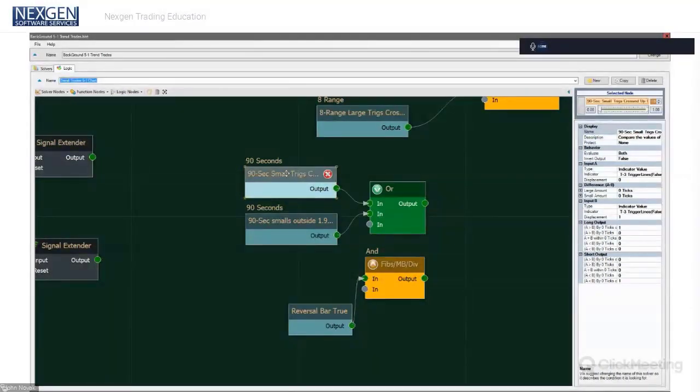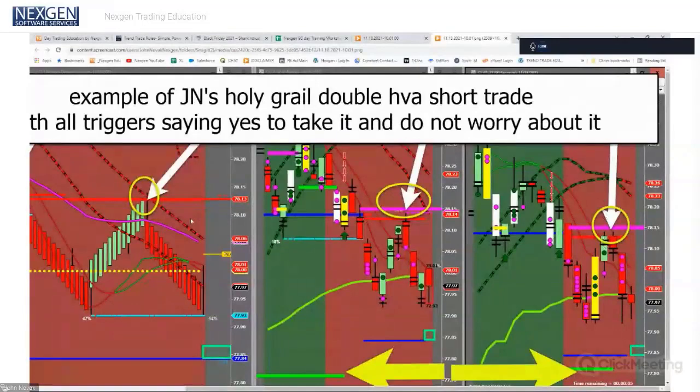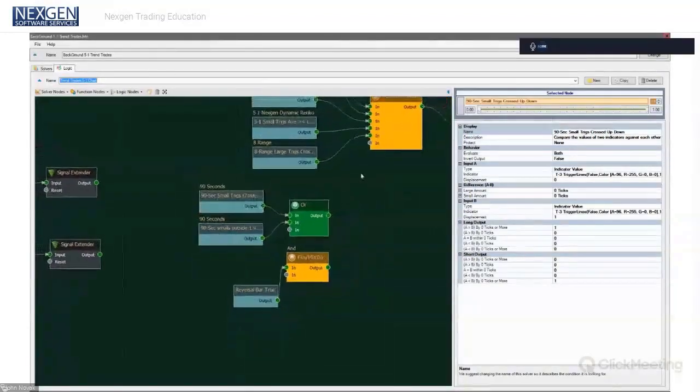So I added in a second condition for myself that simply said, if the small triggers are on the correct side, which is the preferable use, right? Small triggers on the correct side of the large, or the small triggers are crossed in my favor. And I've done a lot of study on this, and I feel very comfortable with this rule. But look, small triggers crossed up or down. Everybody understands that, right? I don't have to explain it. Small triggers crossed up or down. So I plugged this into the formula,